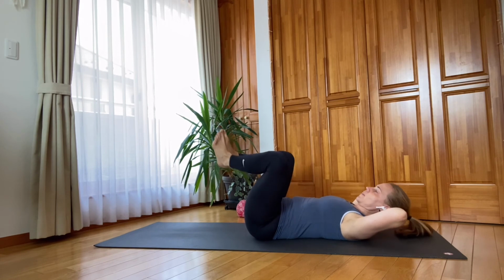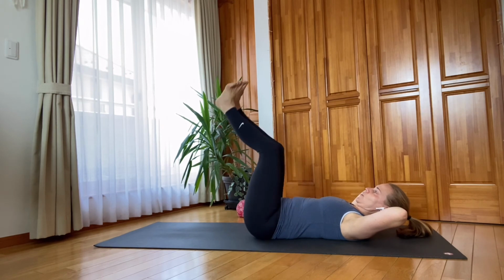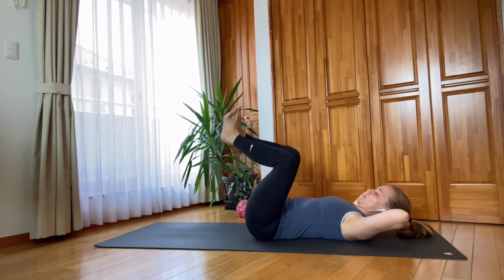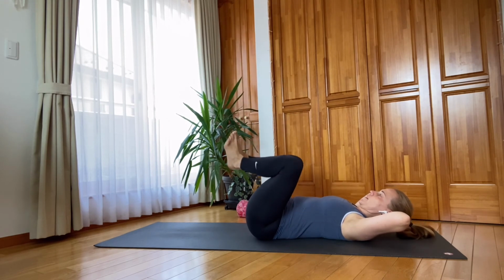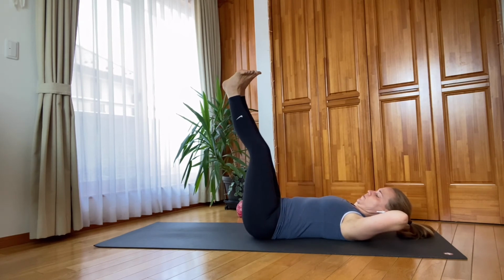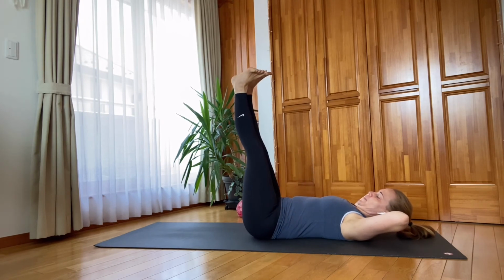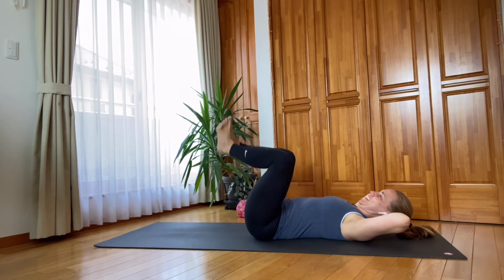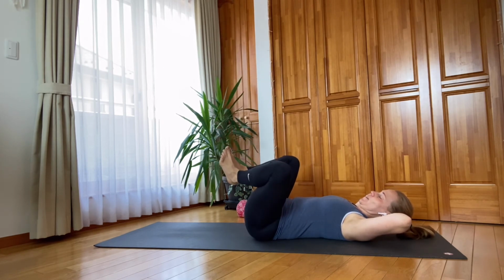Keep going. If your neck starts hurting, you can always release the back of the head down. Otherwise, we're here for 8, 7, 6, 5. Also good for the insides of the thighs. 4, for the hips. 3, nice and slow, stick with me. 2, 1,